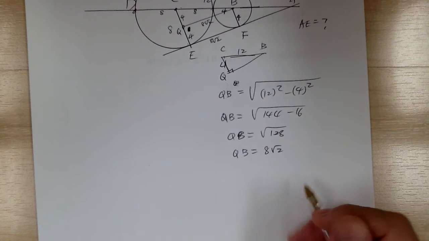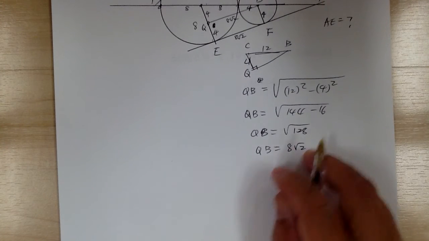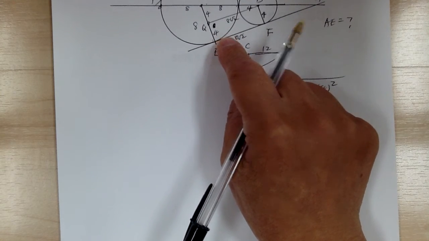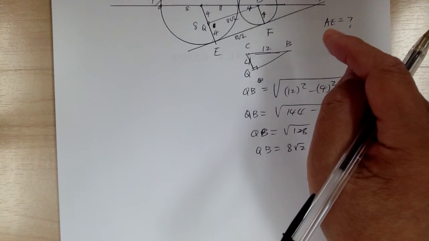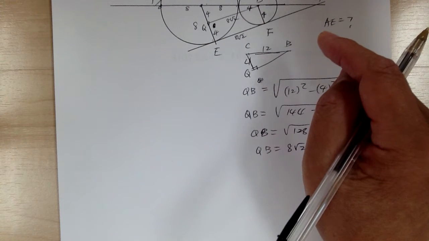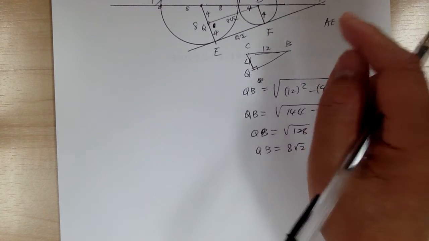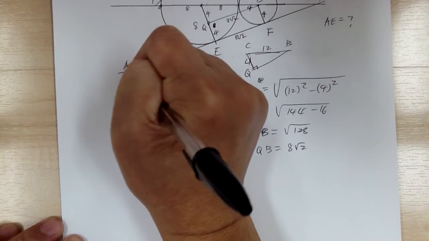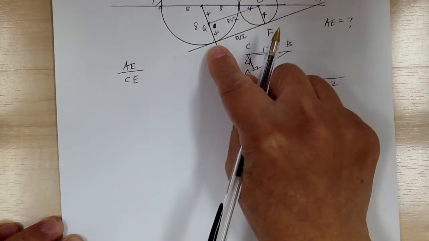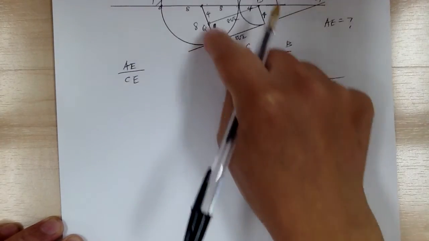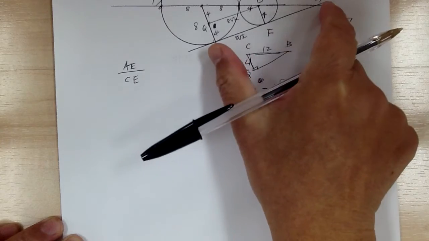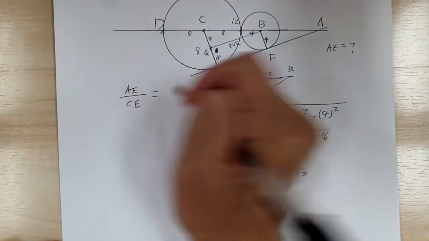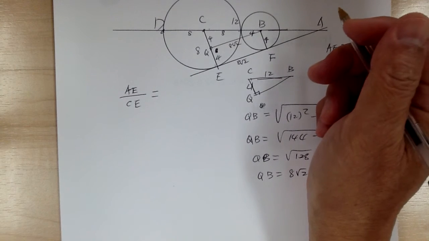Okay, so next step, what we need to do is to figure out the AE. So you can use the similar triangle. So you got AE over CE. So look at this one. You got the long leg over the short leg equal to